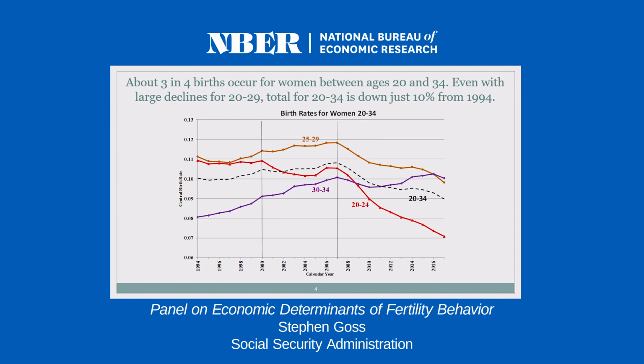In the period, as you can see, between 2000 and 2007, we can see that 30 to 34 and 25 to 29 were still rising nicely, and it's the 20 to 24 that was starting to sort of fall off. But then as the recession came, everybody but 30 to 34, and above 34 also, started to drop off pretty precipitously. And of course, really the question is sort of why?